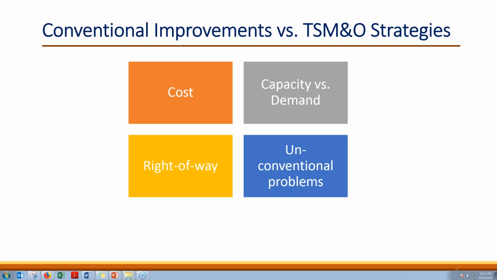On the other hand, if we want to focus on TSMO strategies, some of the strategies could be to have express lanes instead of just adding multiple lanes, to have managed lanes or convert one or two lanes to HOV lanes, or to have hard shoulder running on the side, especially only during peak hours. Those are some of the TSMO strategies that could help with congestion relief on a particular freeway, in this case I-95, but may not cost as much and may have a shorter lead time.